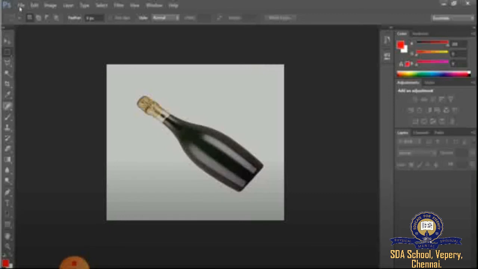What you have to do first? First you have to open the image that you want to rotate. Then click on Image, Image Rotation. A submenu will appear with the options. Then choose the required option to rotate the image to any other angle, the Arbitrary option. The Rotate Canvas dialog box appears. Now type the required angle and click on OK. Now your image will be rotated. Like this only we can rotate an image in Photoshop.